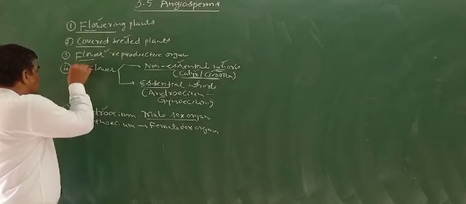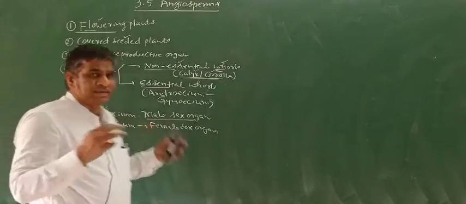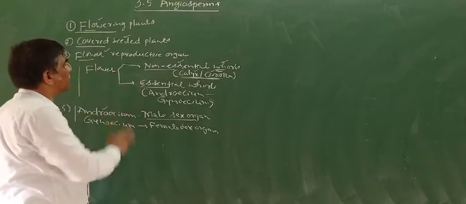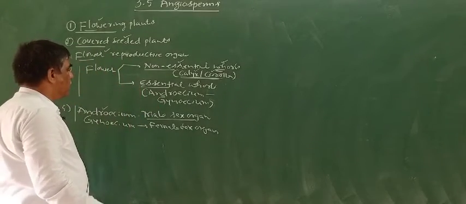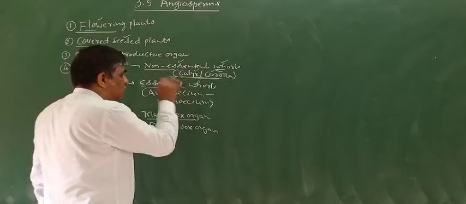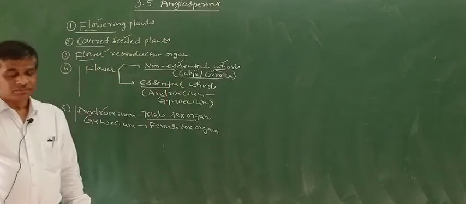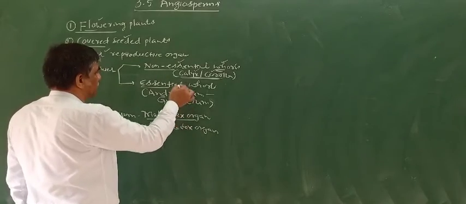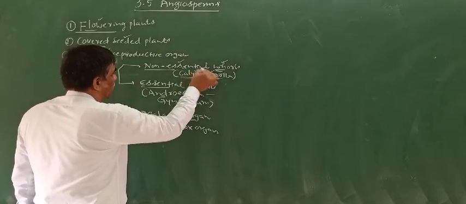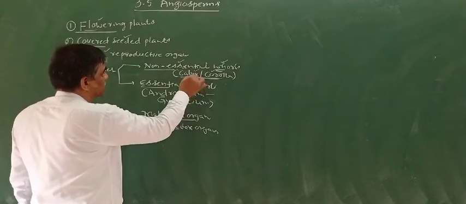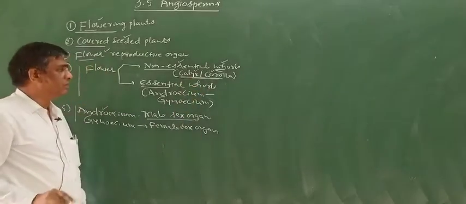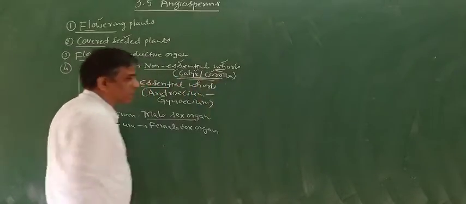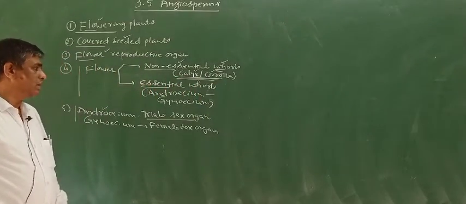Now you may have a question in your mind, as there are several interesting facts regarding angiosperms, particularly the flower. Are all four parts present in the same flower or in different flowers? Sometimes calyx, corolla, or both are present. In some plants, calyx and corolla together form only one whorl. In most dicotyledonous plants, calyx and corolla are present in separate whorls.